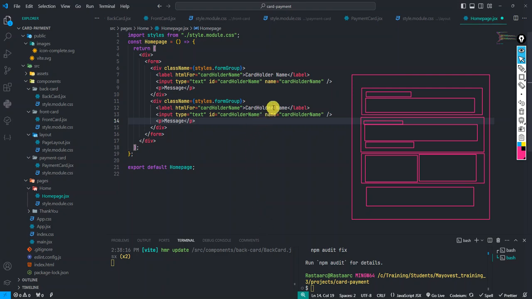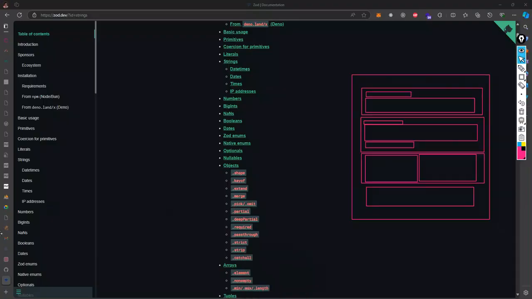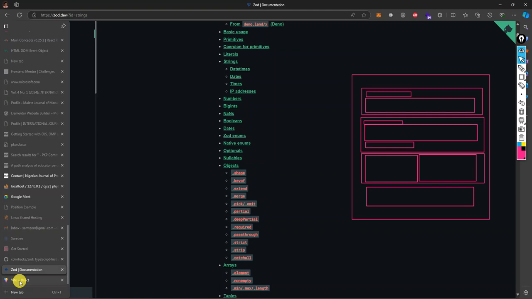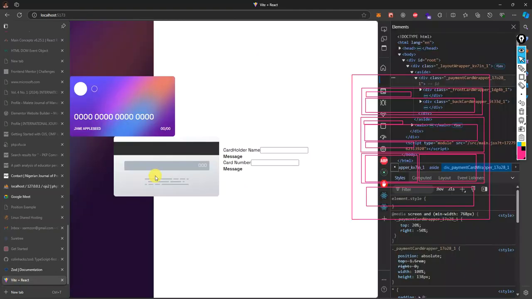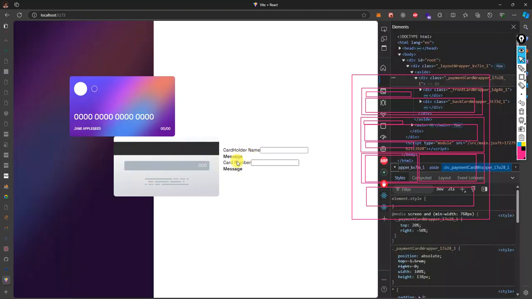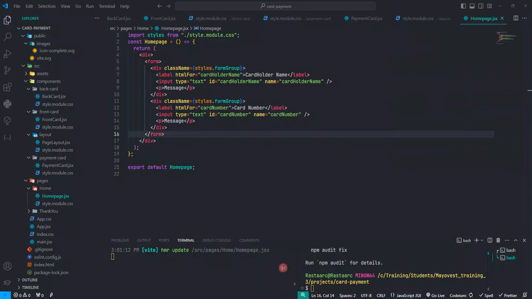So this is going to be the card number. So we have the card number. This one too is going to be card number like this. So save, and let's go to the page and see what we actually have there. So on the page, as you can see, we have this content, but we're going to make sure that everything